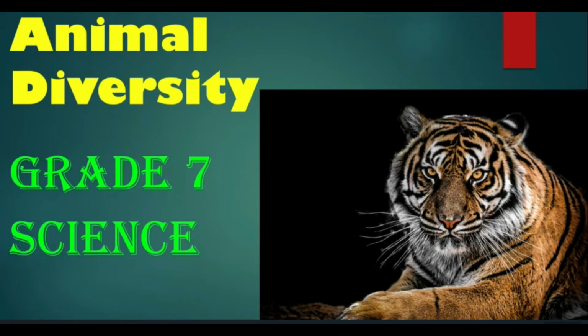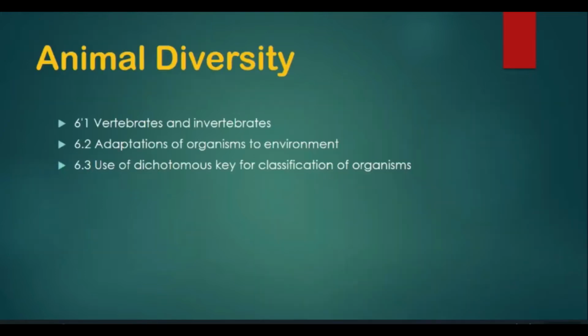Today I am going to teach you about the lesson Animal Diversity. First we will look at the content of the lesson. First one, vertebrates and invertebrates. Second one, adaptations of organisms to environment. Third one, use of dichotomous key for classification of organisms. Before the lesson,